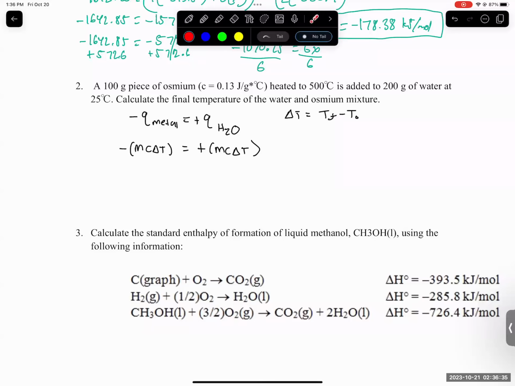And what can we say about the final temperature of both the water and osmium? They reach equilibrium. They're going to be the same, right? Because eventually it comes to the point where all the osmium stops losing heat because all that heat goes into the water and they equilibrate, right? They come to a temperature somewhere in the middle. So we know T final is going to be the same for both of them. So therefore we can put this into both sides and we'll have to algebraically solve for T final,